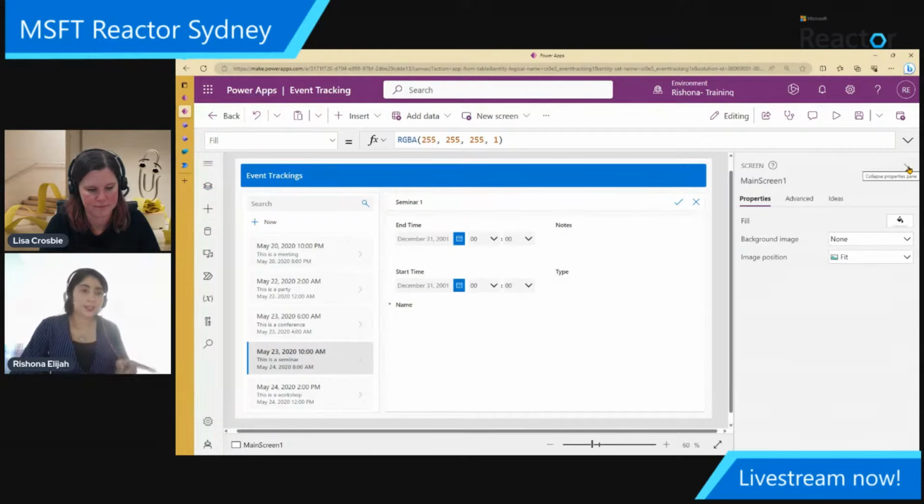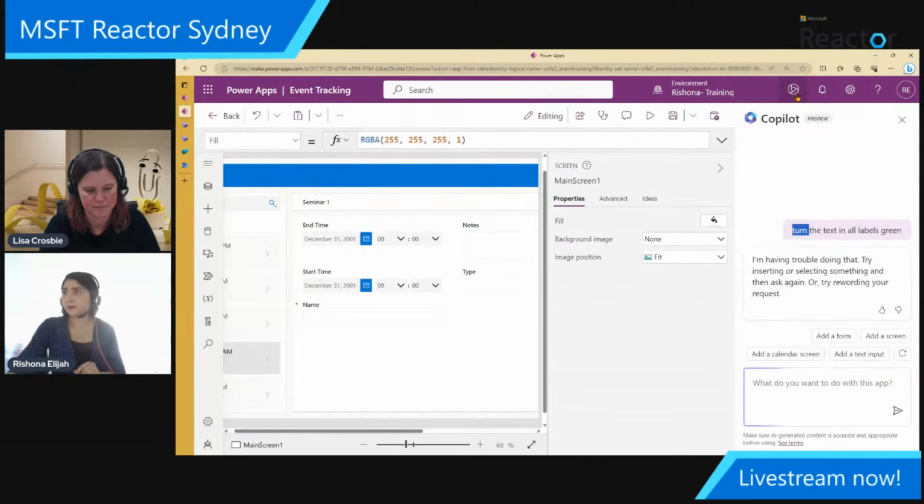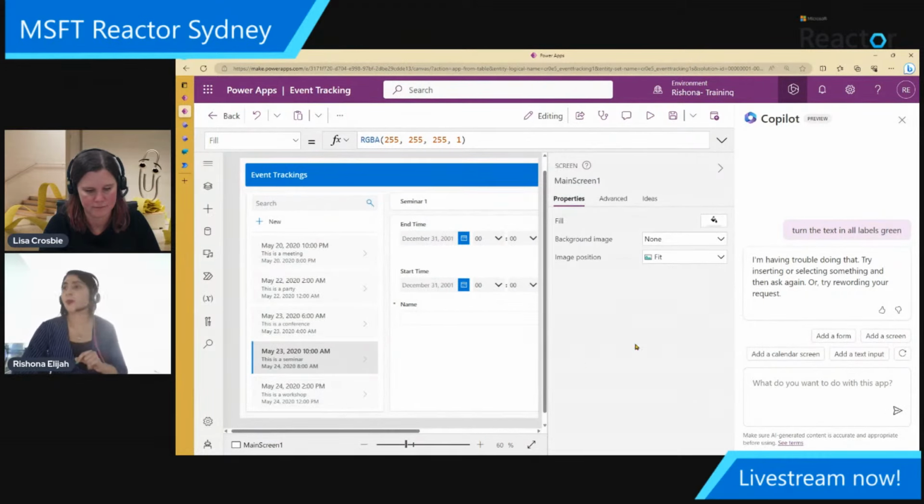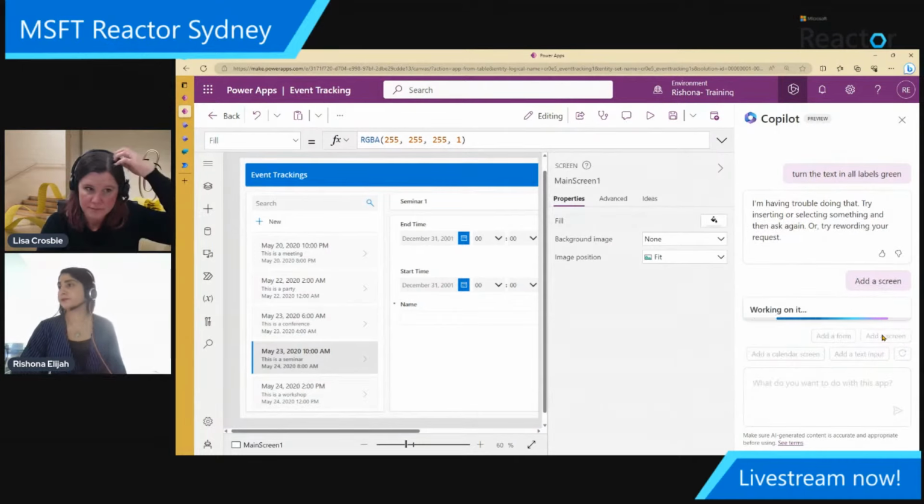And something I found this morning, which I knew was a feature that was going to be coming soon, is the Copilot sitting within the app editor itself. And it's this button at the top here. So you can see I tried to test it out earlier. I was asking it to turn all the text in my labels on the app green. It didn't seem to like that one. It didn't work. So I think at this point we need to put in simpler prompts that it can handle at the moment, like it's suggesting here. So if I want it to go and add a screen, let's say add a screen. Now let's see how it does that.